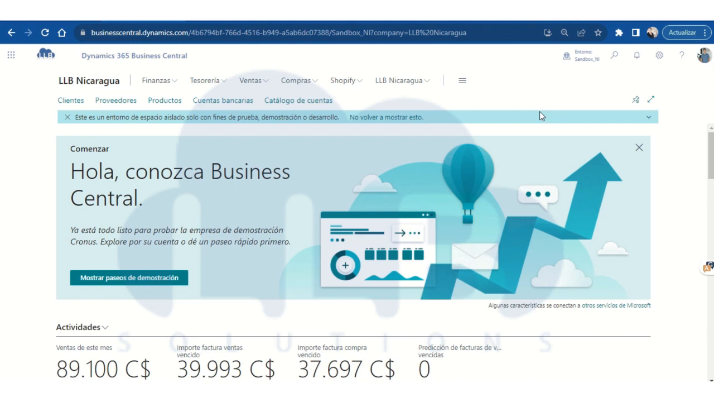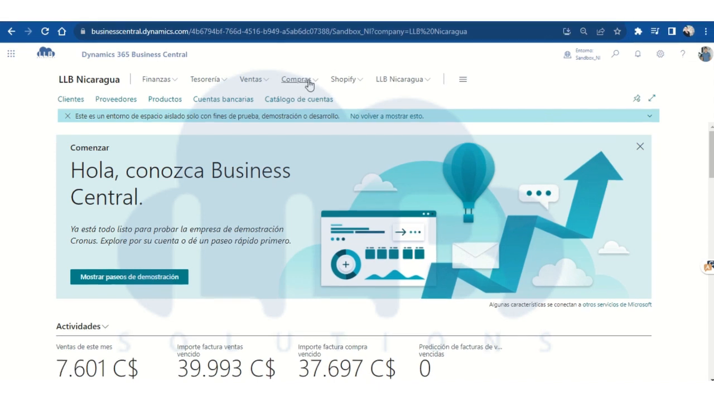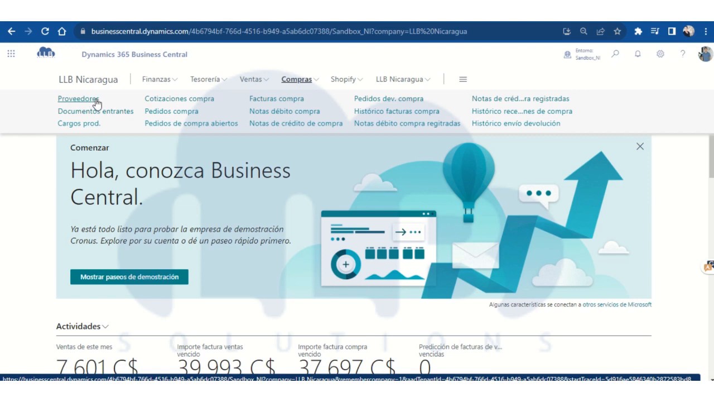In order to know the localization in depth, we are going to generate a small operative flow in which we buy and make a sale. Let's see the behavior of the withholdings and other functionalities. And finally, we generate some report. Now let's go to the purchasing module and review the options we have to characterize